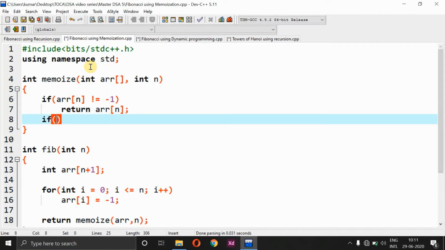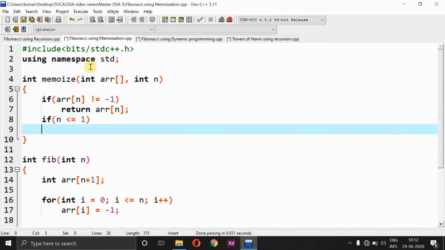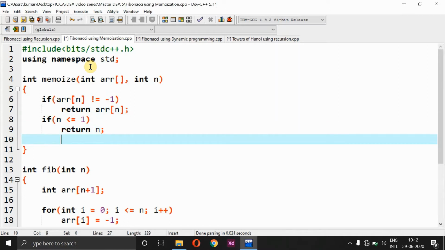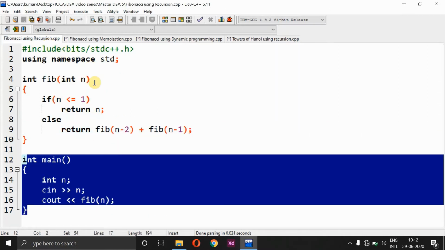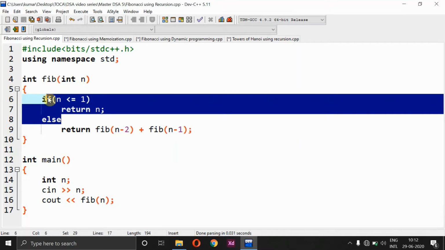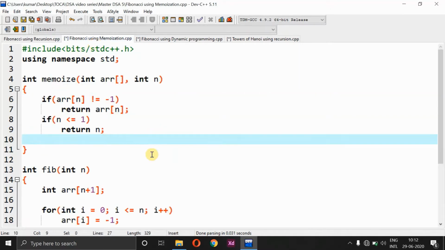And in the same way, if n is less than or equal to 1, in that case I have to return the n value itself. So it is similar to passing the n value over here, the same method we have written earlier. And next is array of n.